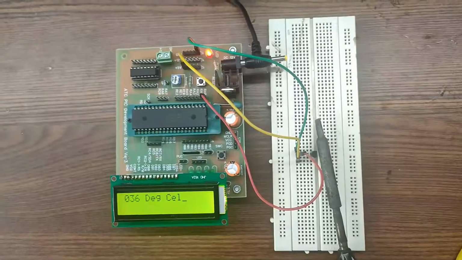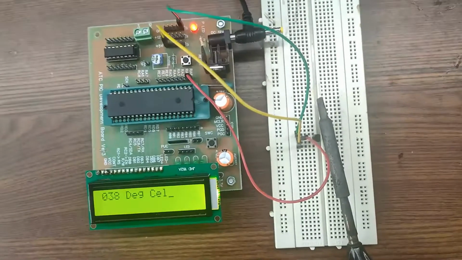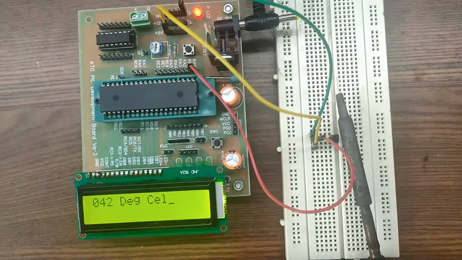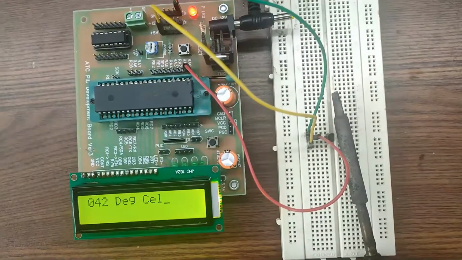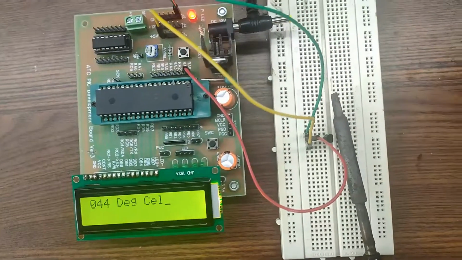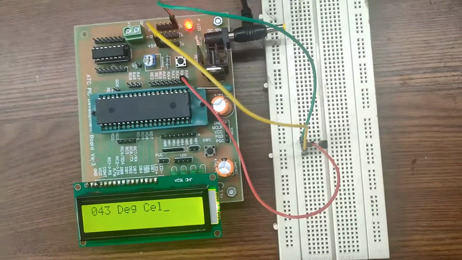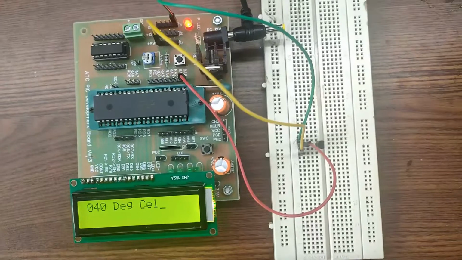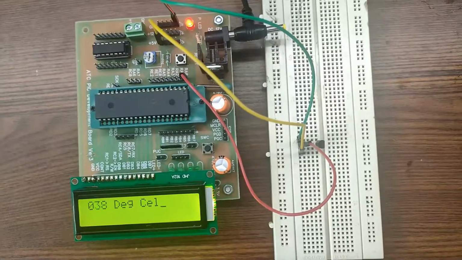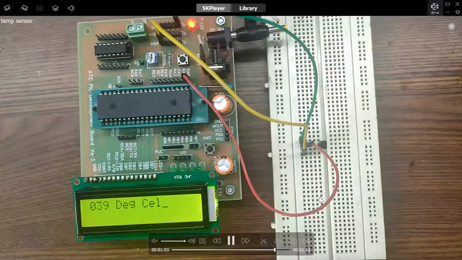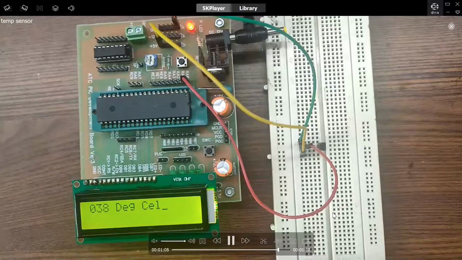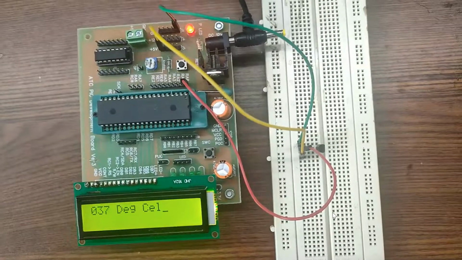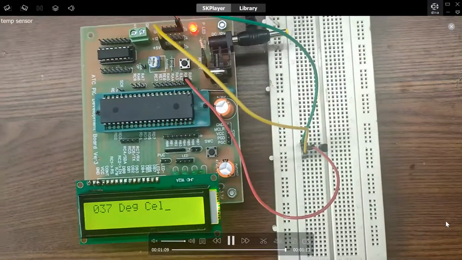You will see now the temperature is rising. Now the solder gun is taken away, the temperature will decrease. Thank you.